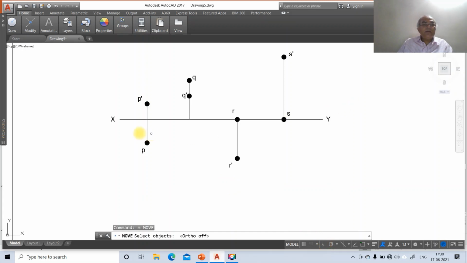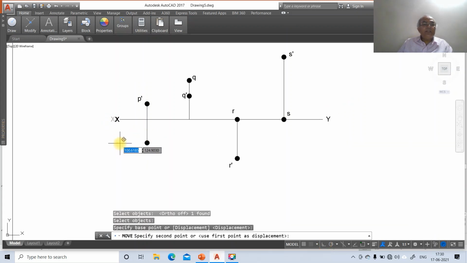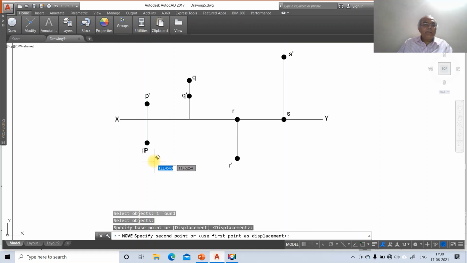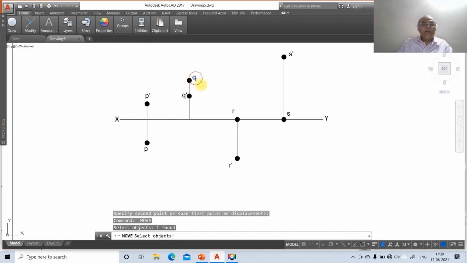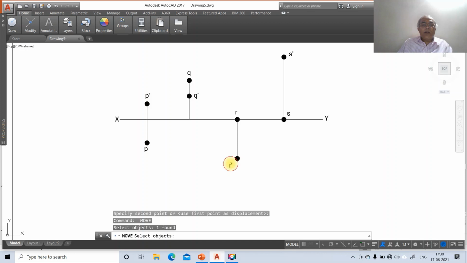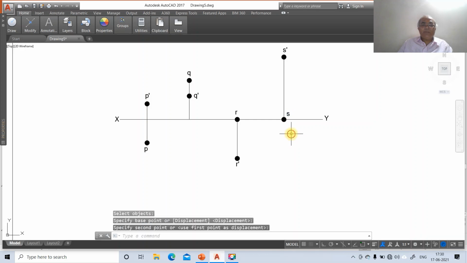Put out the ortho mode. So first you are going to move this in an order so that you will not have any confusion. So go to P dash, and you take P, then here it is Q, here it is Q dash, then here it is R, then R dash. So all the things should be done methodically so that you will not lose any steps.